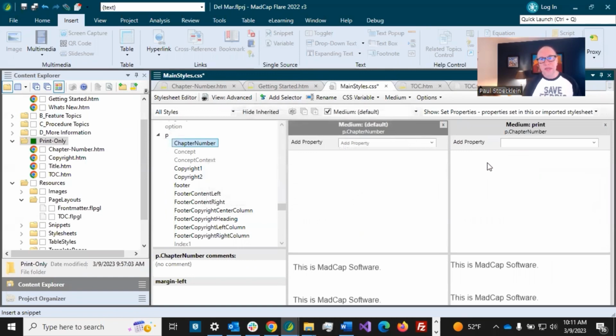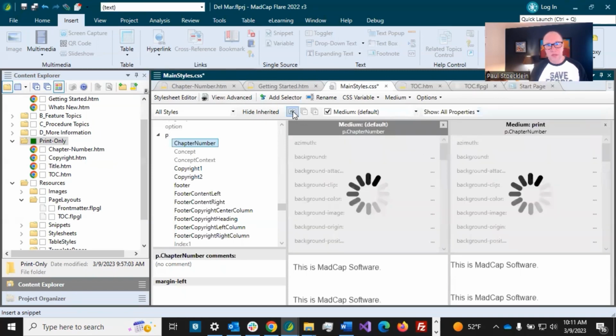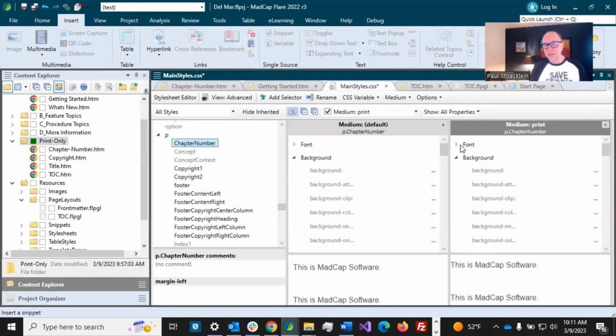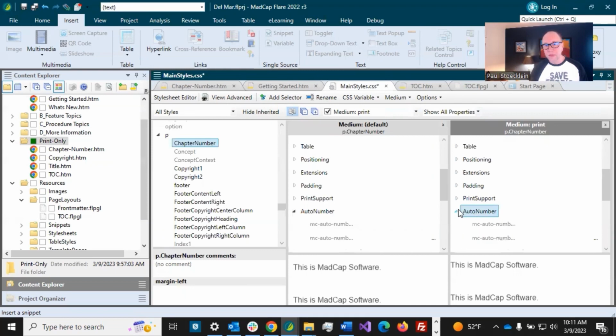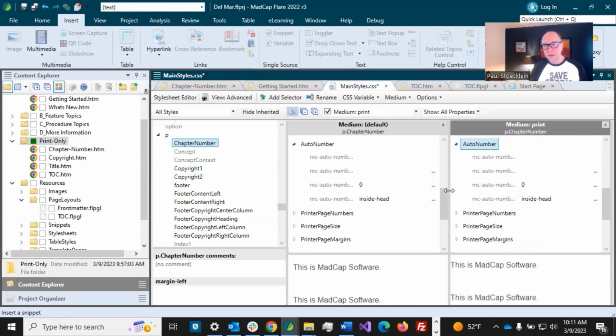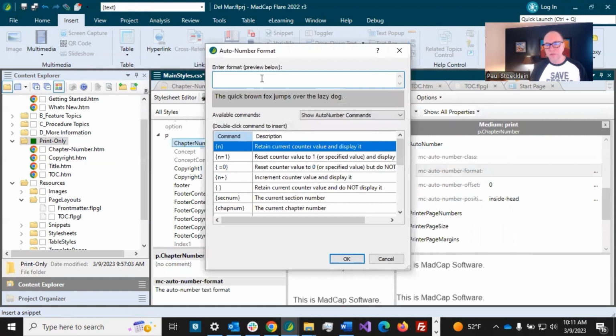And what we need is the auto number format. And if you don't already know what it's called, it might be easier for you to switch to all properties and the group view. And then there is a group in here called auto number right there. Come in here and we can move this out a bit so you can see auto number format is what we want. So I'm going to click on this guy and it brings up a fancy dialog,